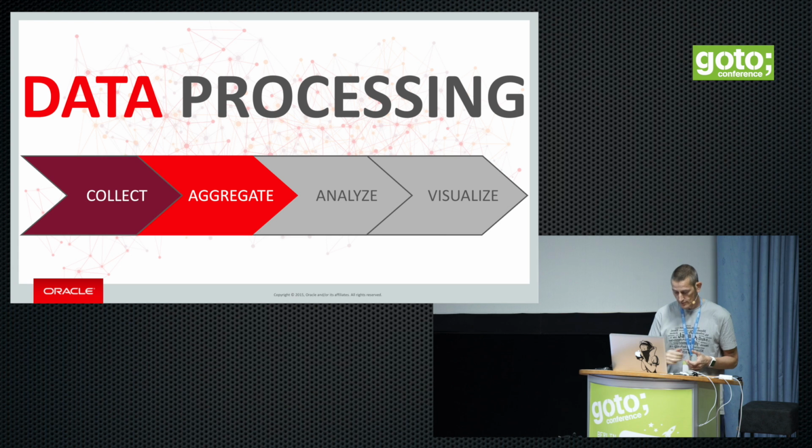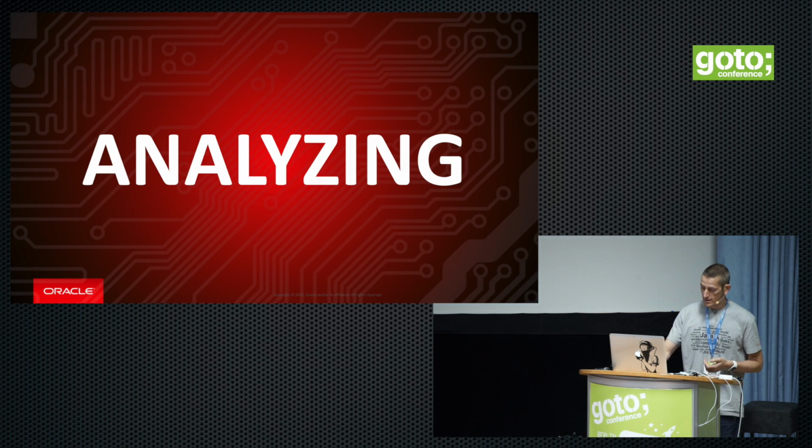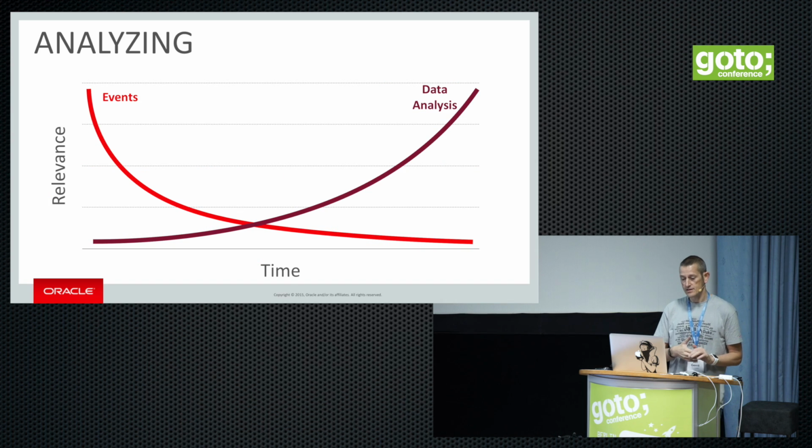And that's all we need the data for at the moment. So with the steps, we do some analysis, and also with the room changes. But I will come to that in a minute. So that was aggregating. Analyzing, and for analyzing data, it's first of all, if you have events, then in the